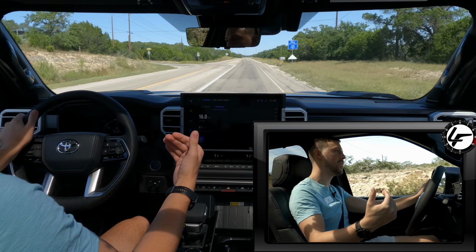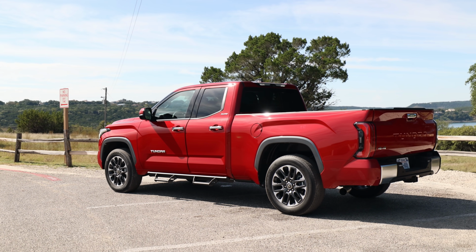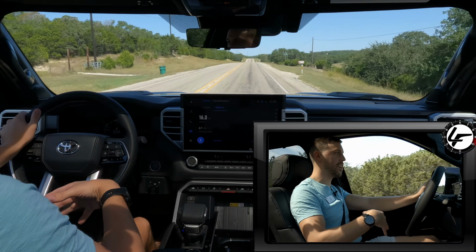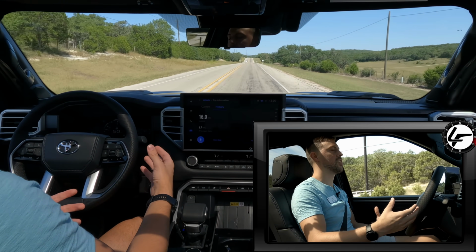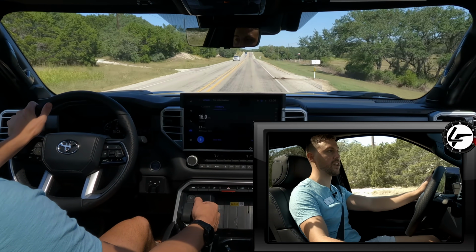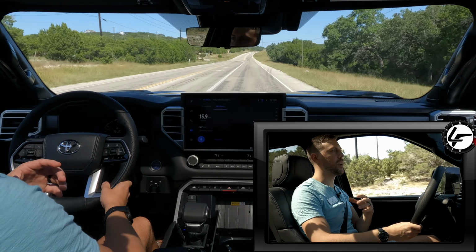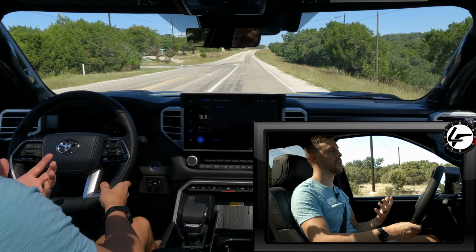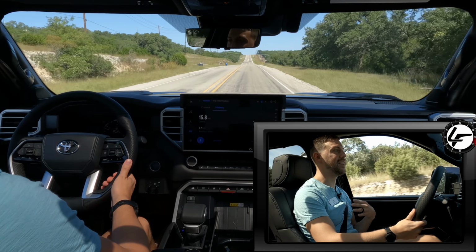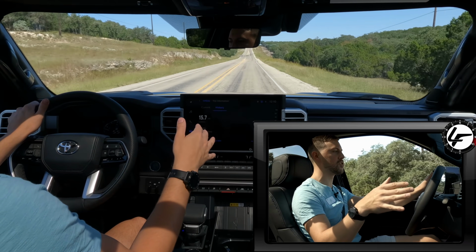twin turbo V6 hybrid. And I honestly, after driving the double cab non-hybrid, I can't tell the difference in terms of pep and torque and power. Now, I don't have a lot of butt time in both of the powertrains, but to me it doesn't feel much different in terms of power and acceleration and torque than the normal twin turbo V6. When this vehicle launches, the hybrid, it is launching in spring of 2022, but the fuel economy to me hasn't been as good in my limited case driving as the twin turbo V6, or it's been negligible